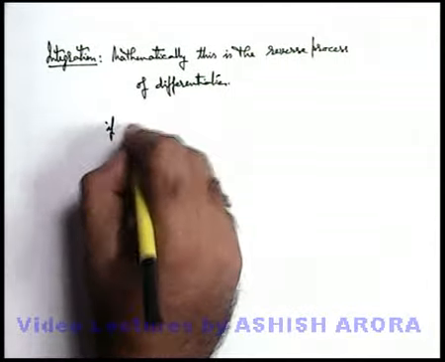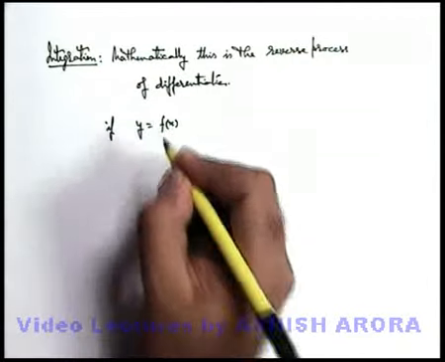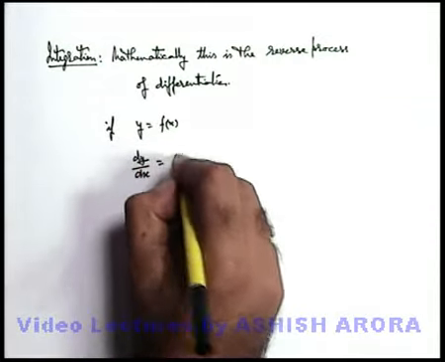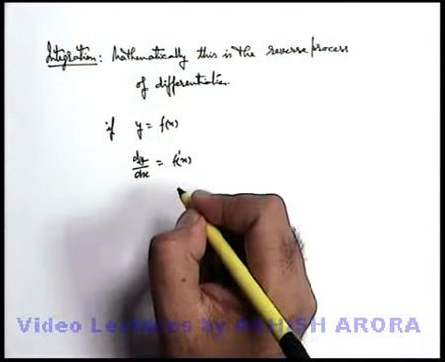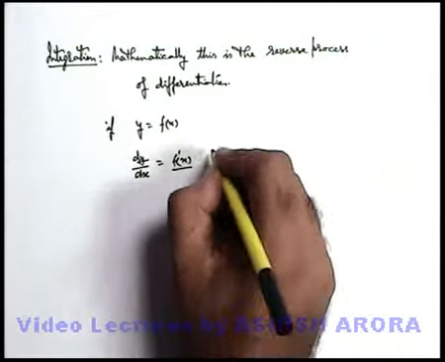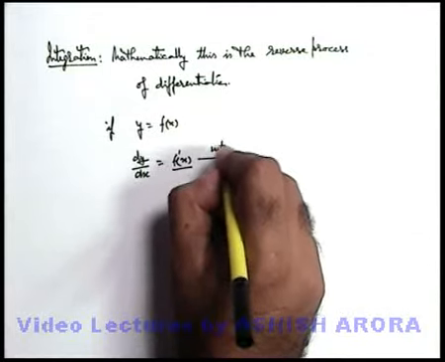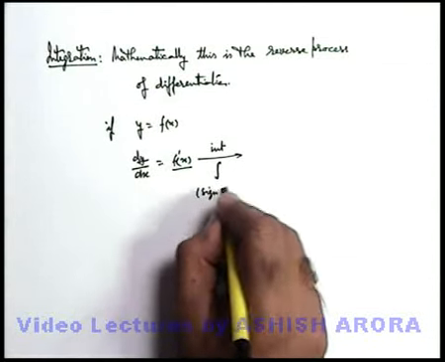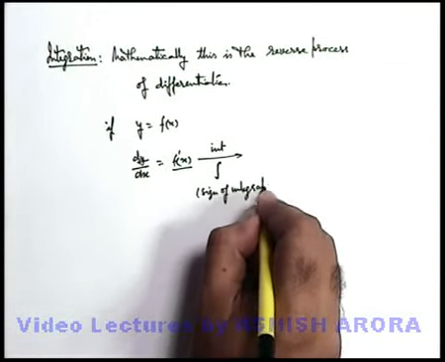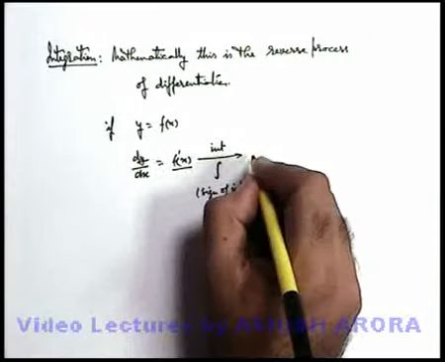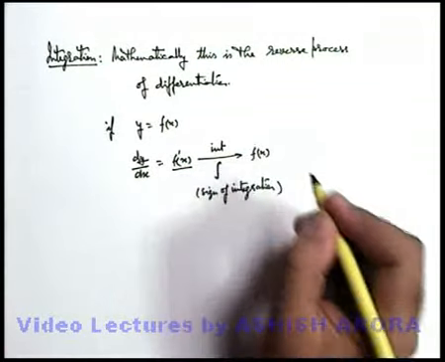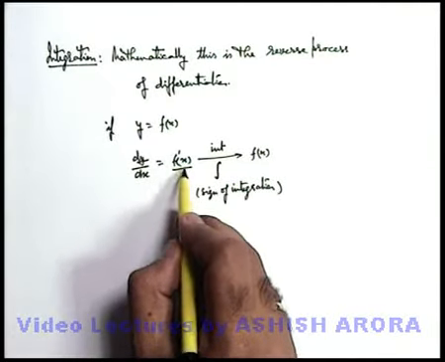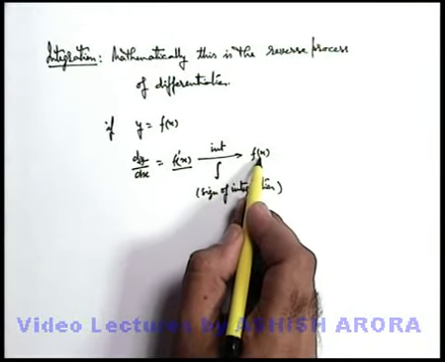Like for example, if we are having a function y is equal to f of x, if we differentiate it, dy by dx will give us the value f prime x. Now in this situation, if f prime x is integrated, which is denoted by the sign of integration, certainly you will get the value of f x again. So when f x is differentiated, you get f prime x. If f prime x is integrated with respect to x, you will get f of x.